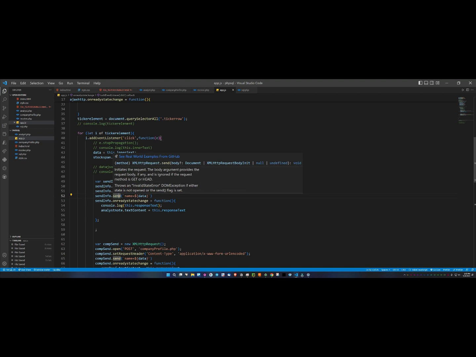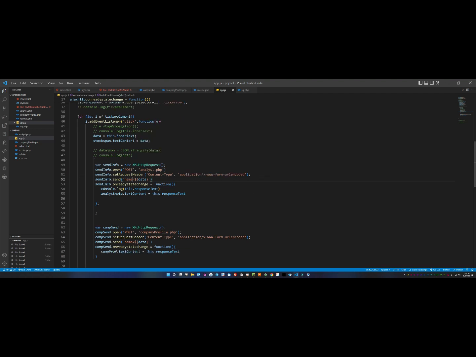So info.send, and then I use name equals data, and this is the data that I'm transferring with the click, which sends the ticker that I've clicked on to the analyst.php file. And then you add an onreadystatechange, and there what I'm looking for is a response once I have clicked and sent the data. So you don't have to create another GET request. Usually when you send a POST request to analyst.php, the response that you get is the eventual echoed out